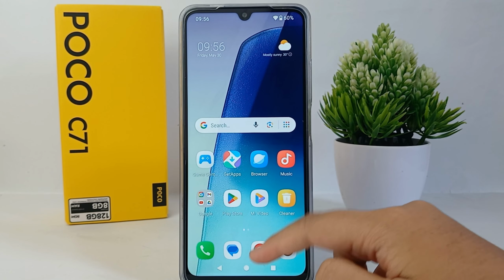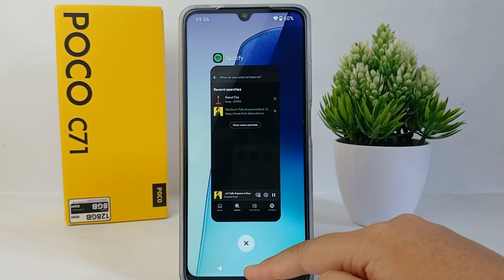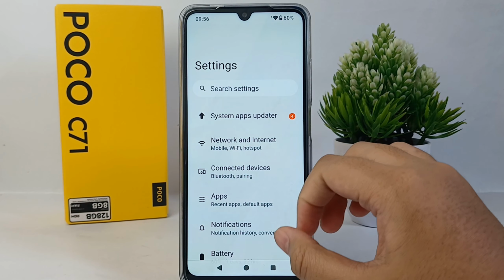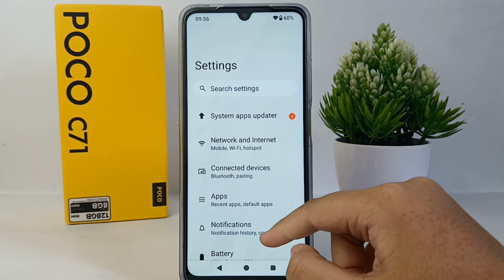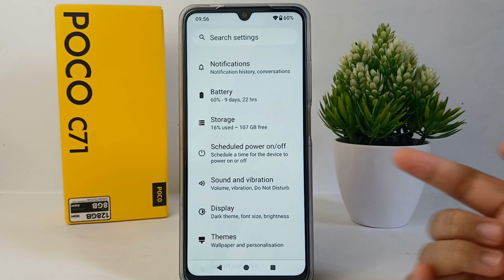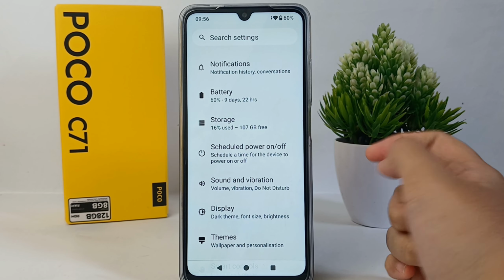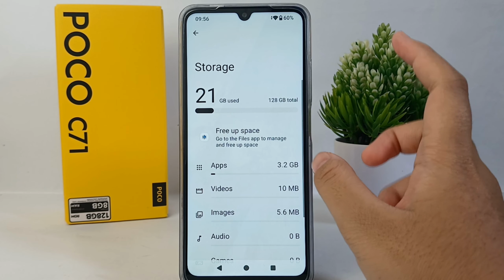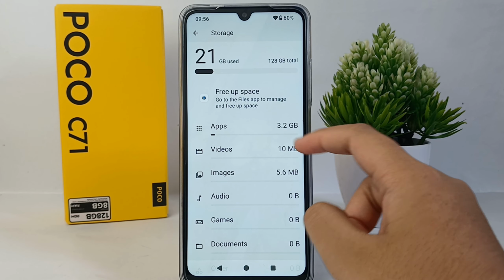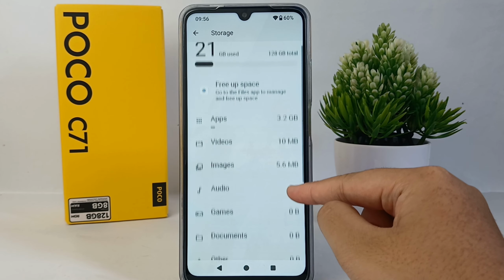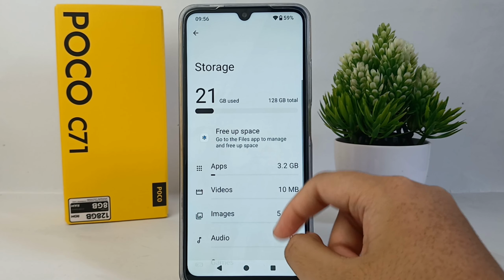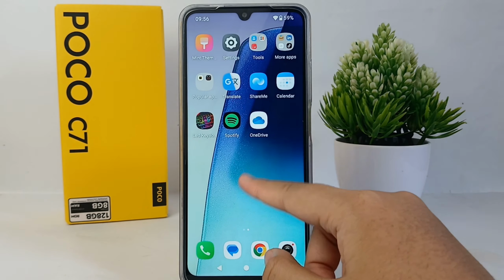Alright guys, the first thing that you have to do is go to the settings menu on your phone, and then scroll down and go to storage. On this storage menu, you can see the memory usage for apps, videos, and images. You can check what the memory is consumed by, and also you can check the